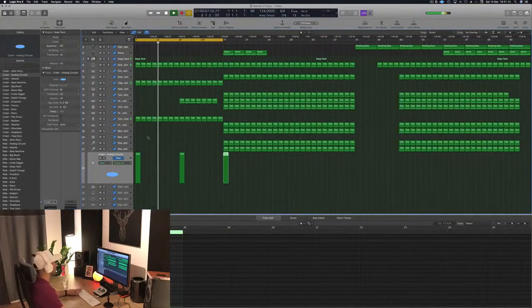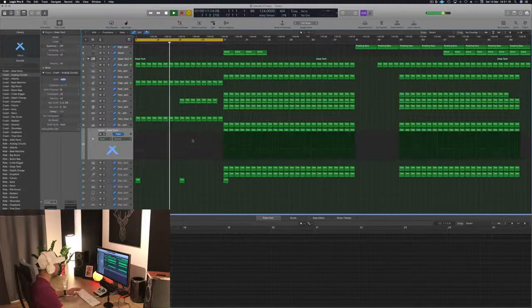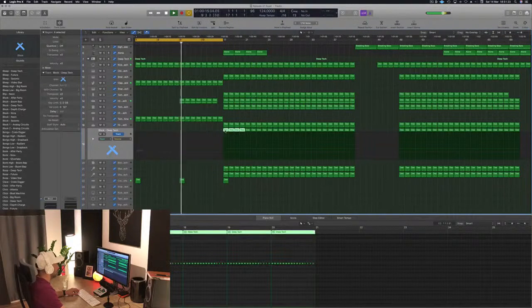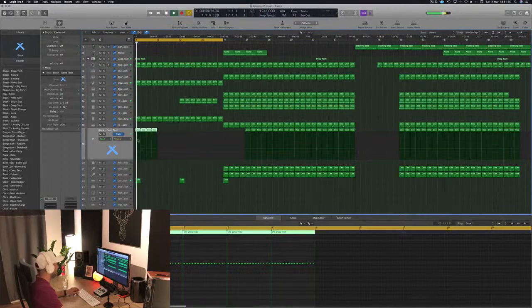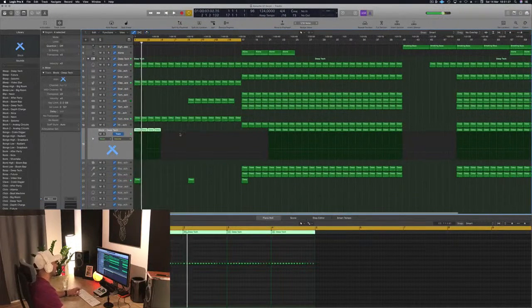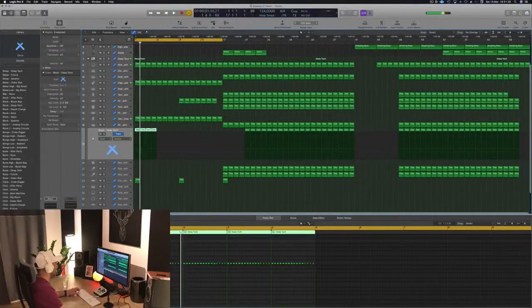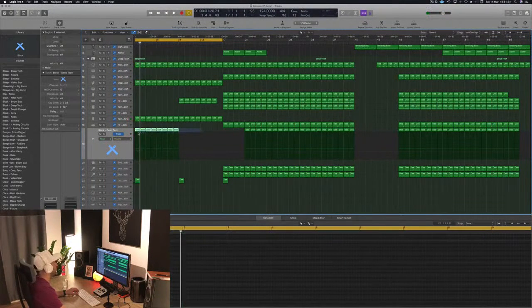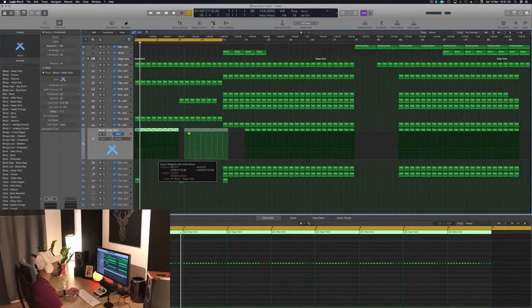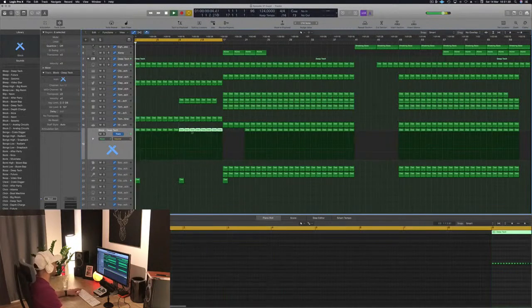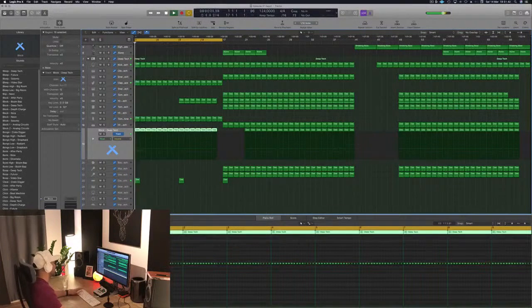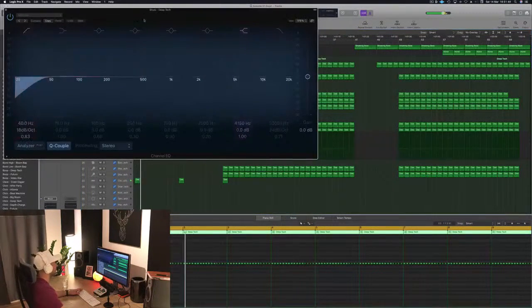So I think I have some good blocks here, and I'm gonna bring them in a way. I want them, but we're gonna have to make them come in cool. They cannot just come right off the bat, so I guess we filter them from the top. I think that would be nice, would make something a bit different.